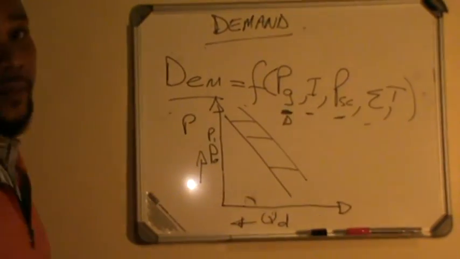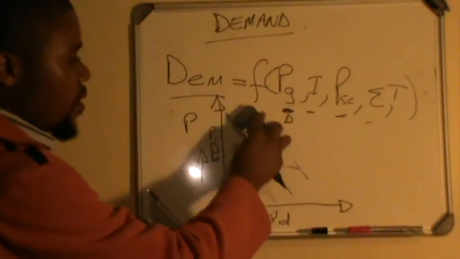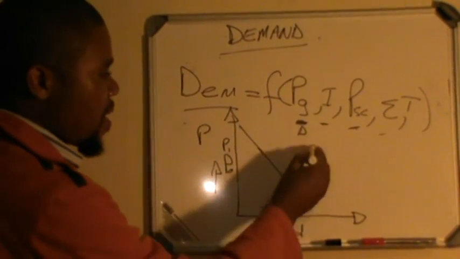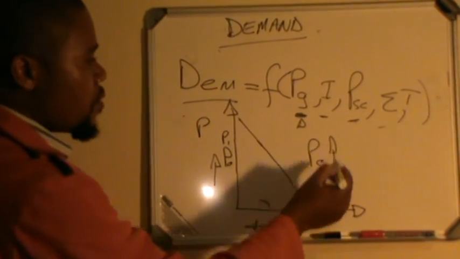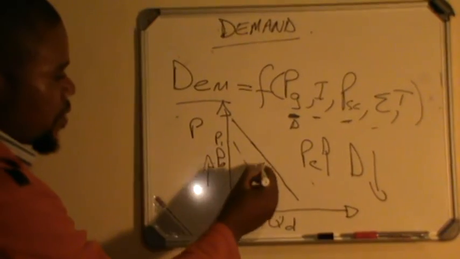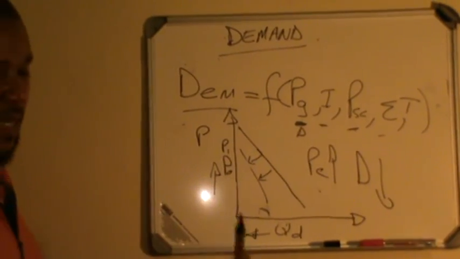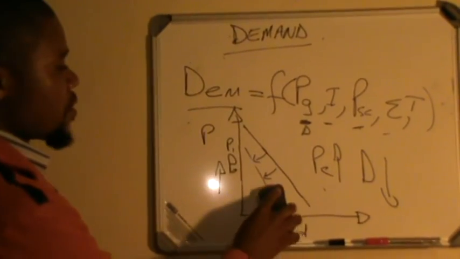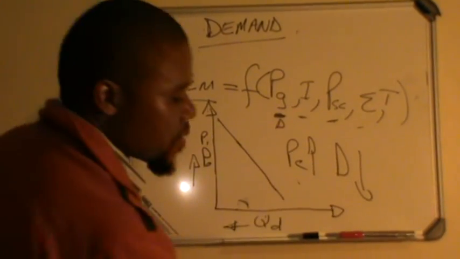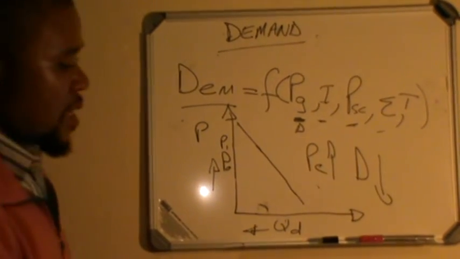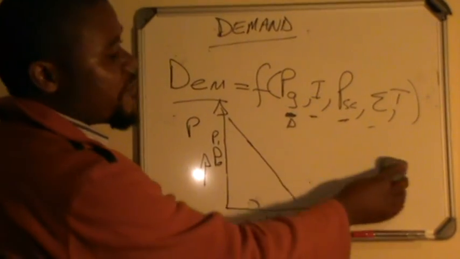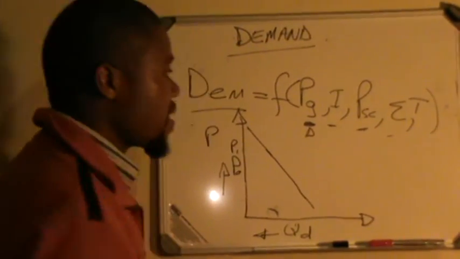But if it's the complements whose prices have gone up, then we should expect a negative effect. If the price of complements goes up, we should expect demand to go down. So this demand curve is going to shift inward, parallel to itself. Just remember, it's always parallel to itself. You can read more about these particular changes. Shifts outwards, shifts inwards. Some textbooks say shift to the right and shift to the left of the demand curve.